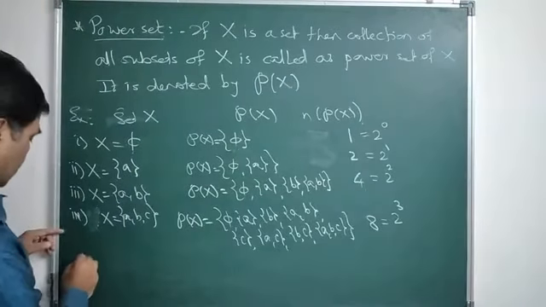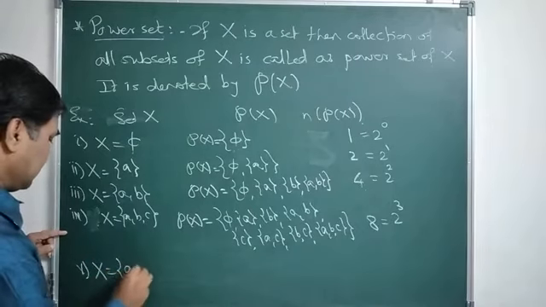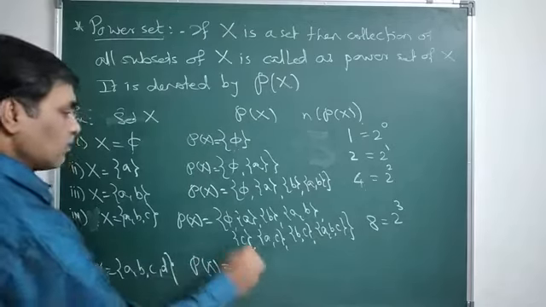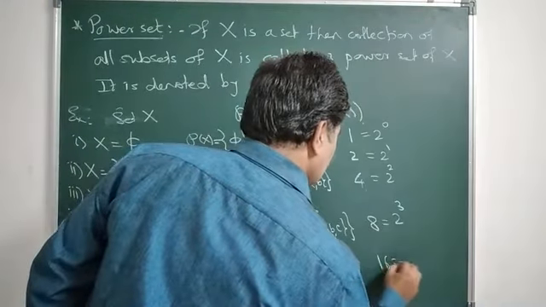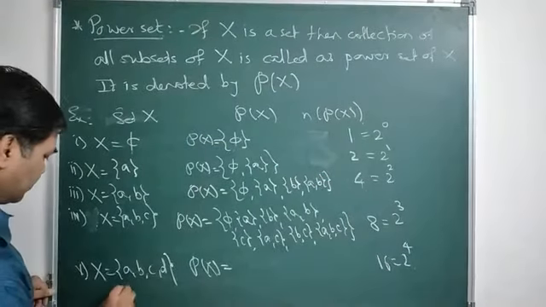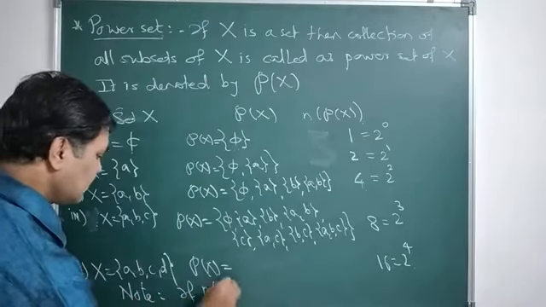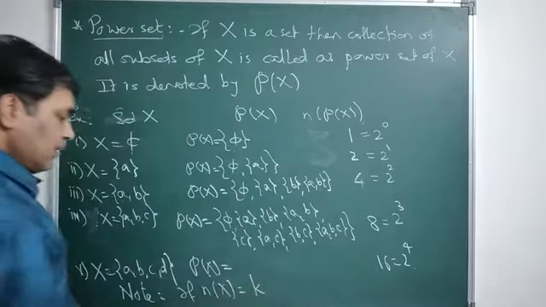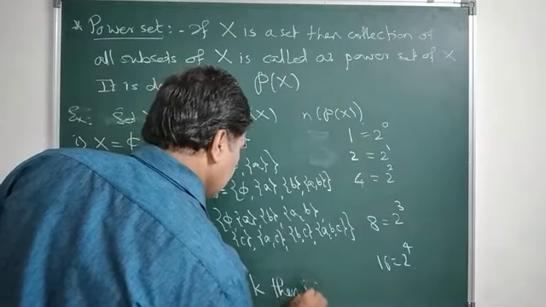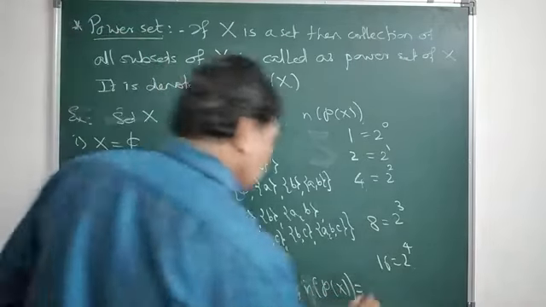Okay. So if X is equal to {A, B, C, D}, the power set of X has 16 elements, which is equal to 2 raised to 4. Okay. So note: if the number of elements in X is equal to K, then the power set of X contains 2 raised to K